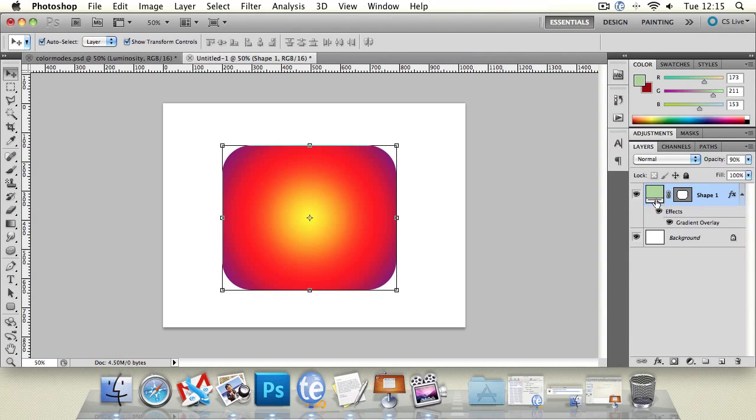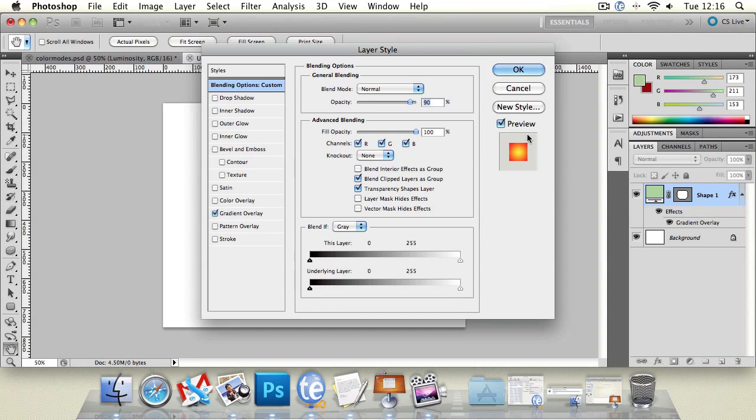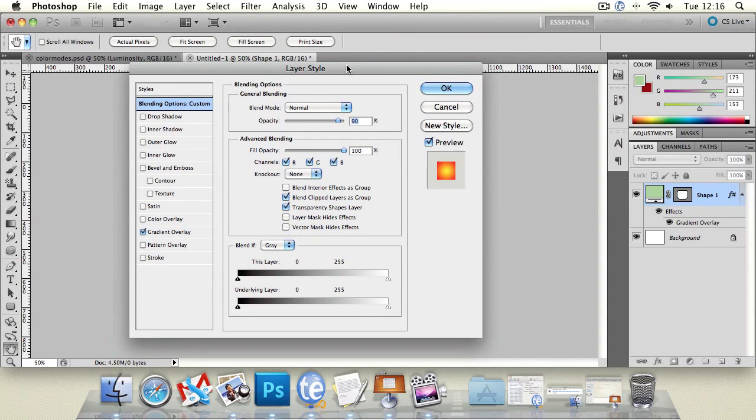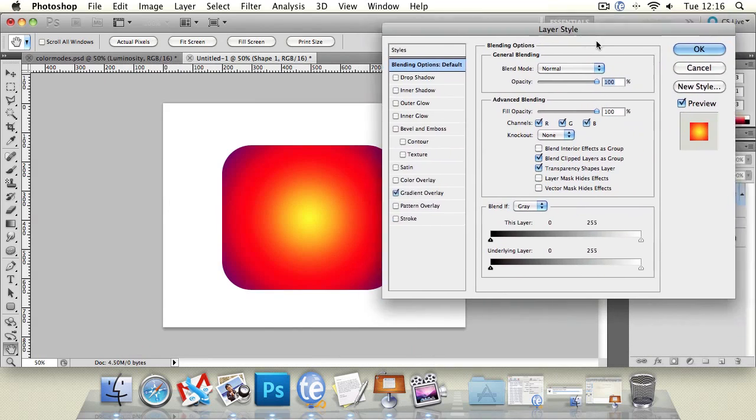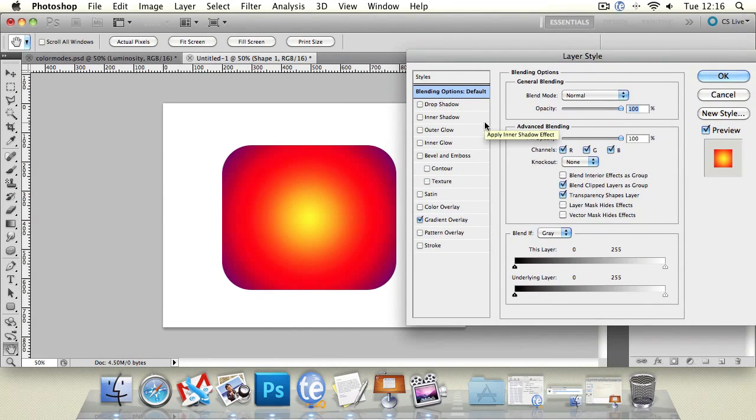shapes. So let's just put it to normal blending mode, and you'll see here we've got this little menu which you probably haven't seen before on any of our videos. So we're going to show you how we've applied a gradient like this to our shape. If you double click on the layer anywhere, you get this all new menu that you won't have seen called Layer Styles, or in other words blending options. And what these do is directly affect the appearance of our layer. You can do them to layers or shapes or text, and they literally just allow you to apply things like